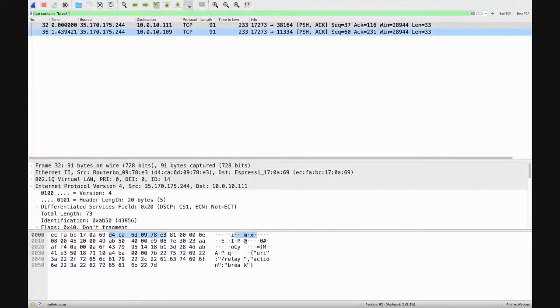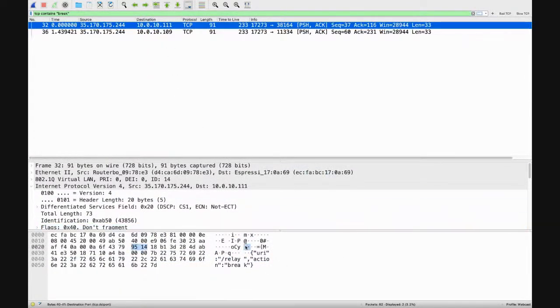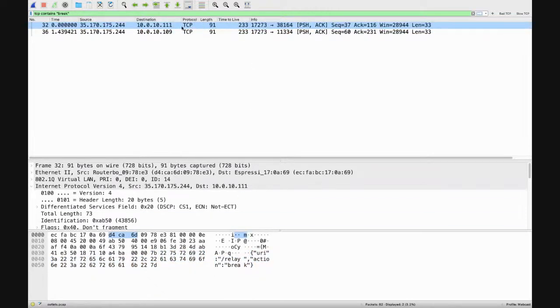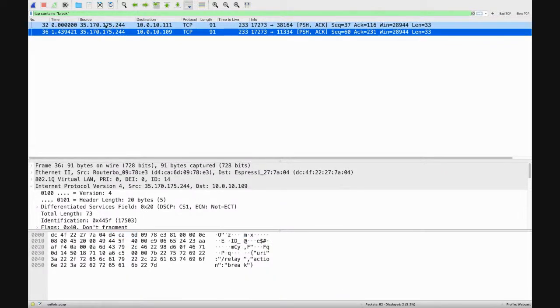So right here, I see break. What this is in this case, these are some Wi-Fi attached outlets I have here in the office. And I captured the traffic to and from those devices and the rest of the internet just to find out what were they doing. So this break is when we turn the outlet off. So I was able to capture this and see what ports are being used, what the IP addresses of my outlets are, and who they're communicating with in this case.